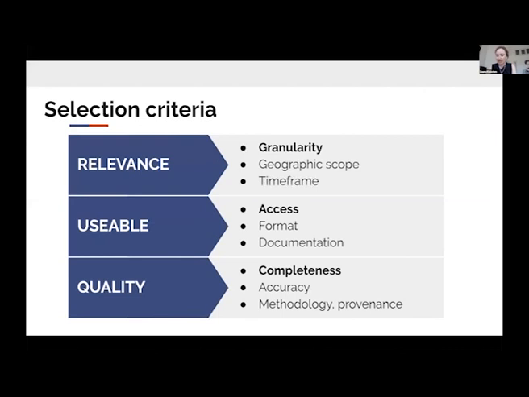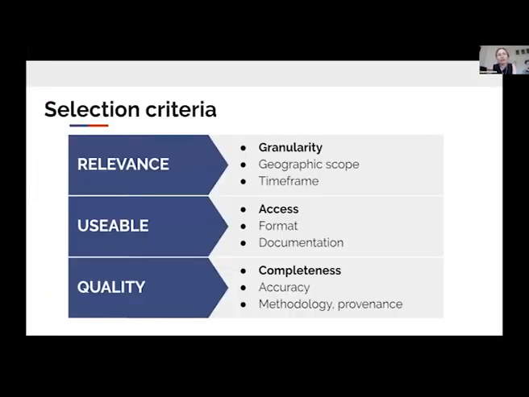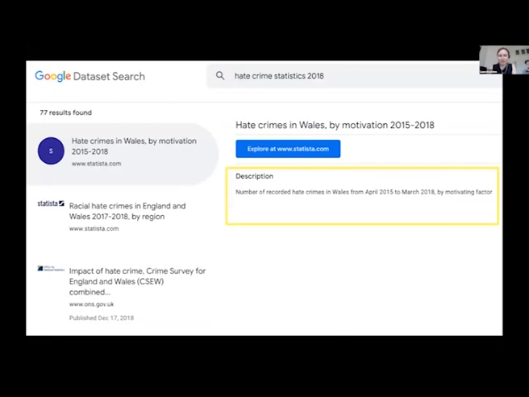And in one of our studies, we were trying to understand what a data set description would look like, something like you see here on the screen, a text about a data set. What would such a description look like if it were to fulfill all these selection criteria? And this is an example of a common type of description that's really not very detailed. And so we let people